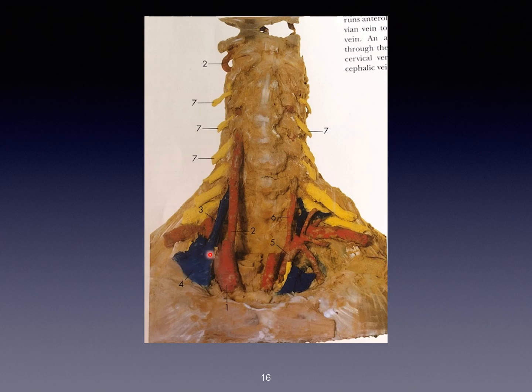Name the vein which is lying anterior to the subclavian artery. What is this vein? Subclavian vein. Name the yellow color structure which lies posterior to the subclavian artery: it is brachial plexus. Very good. So these are all the important questions. Nothing can be asked as a spotter. But anyway, the relations should not get compromised.